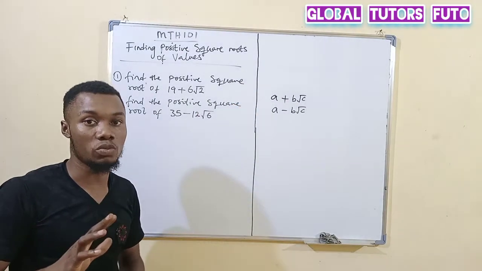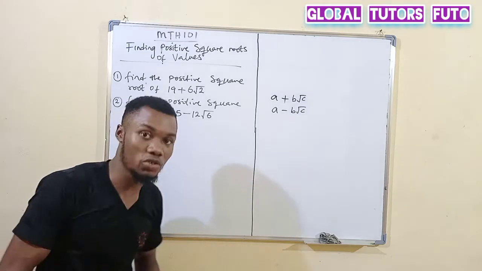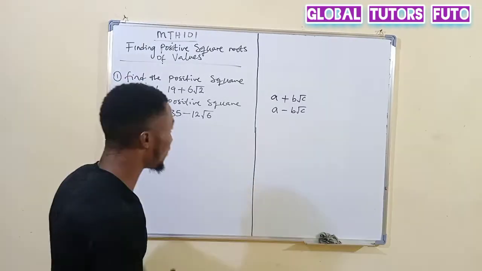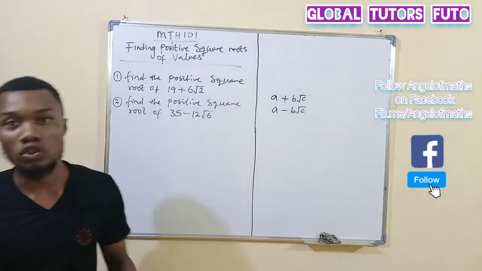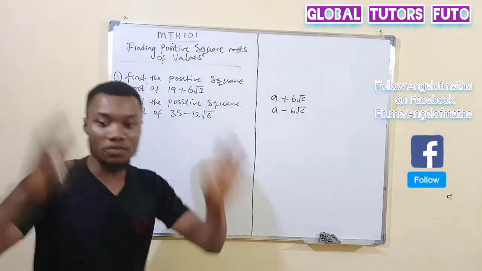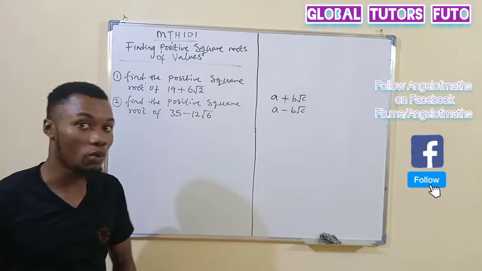So I'm going to make everything very easy. So make sure you have something with you, ice cream or yogurt. Okay, so now let's get to the deal. When it is positive, how do we take it? When it is negative, how do we take it? So I'm going to make your life beautiful.